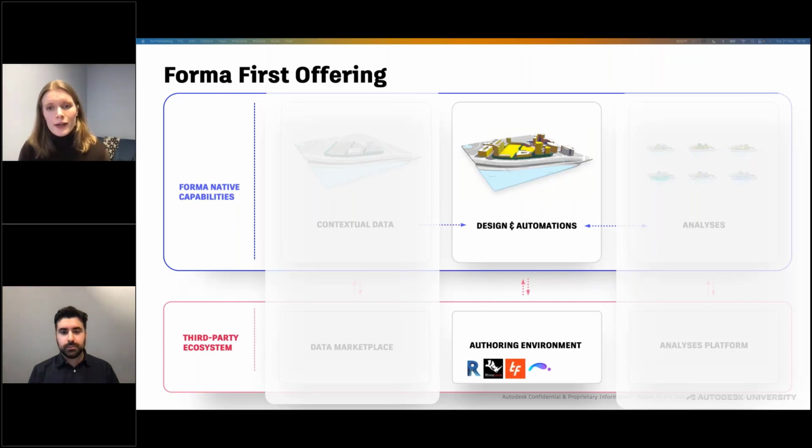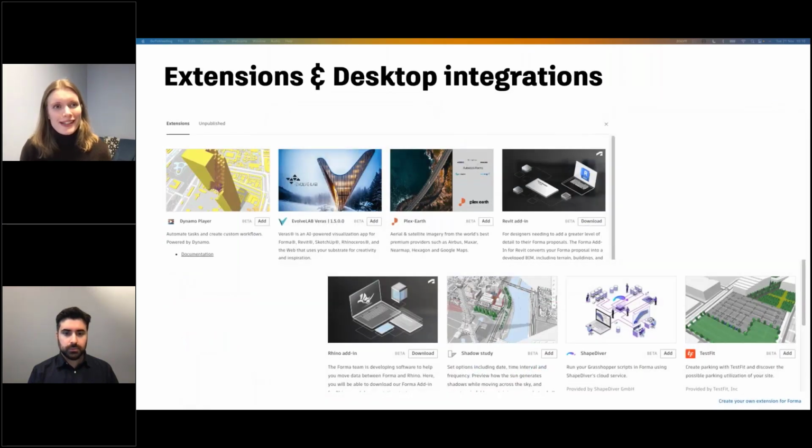In addition, we have several third parties who also offer their design functionality through the software. Here you can see those extensions and desktop integrations that exist currently. I won't go through all of these, but you do have the Revit and Rhino add-ins, as I mentioned. In addition, you have the test-fit parking generator and a ShapeDiver building generator that runs on Grasshopper scripts to create mesh buildings. As of recently, there's also a Dynamo player where you can run Dynamo scripts from Forma,